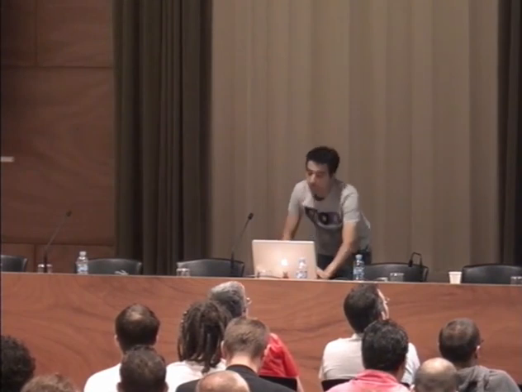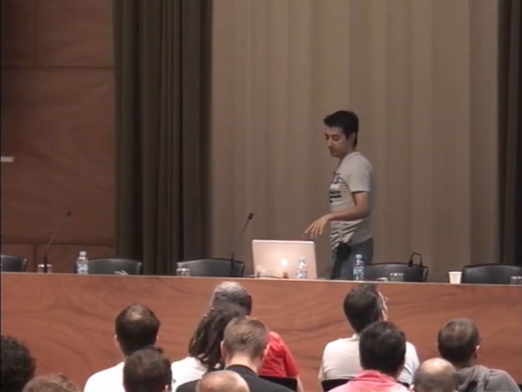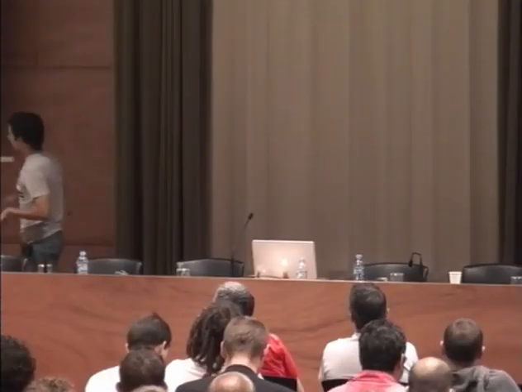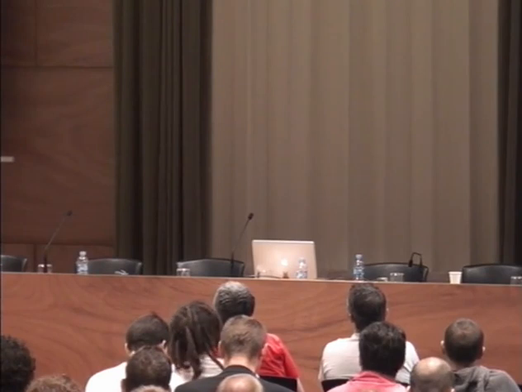Okay, this is the probability matrix that I talked about. In this probability matrix, one row represents one MIDI note that is going to be sent to Reason, which implements a drum machine.